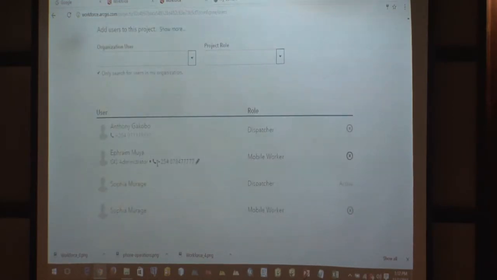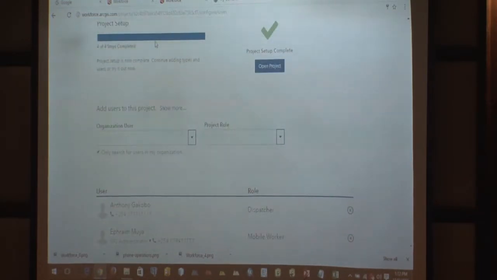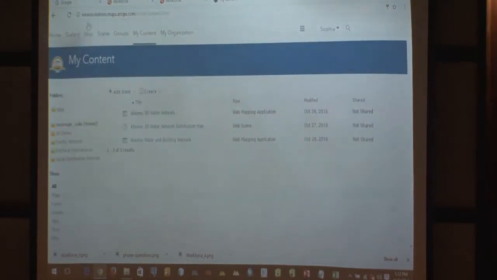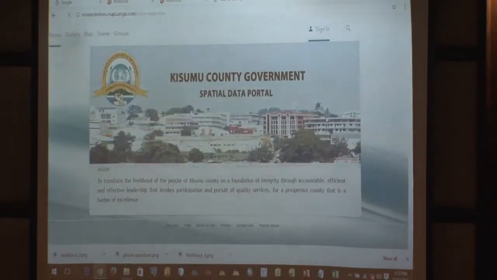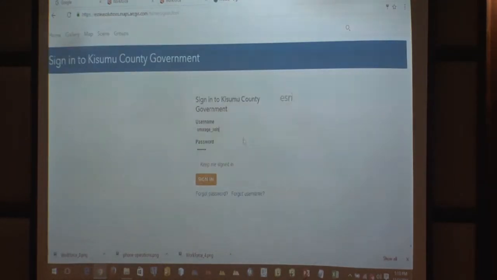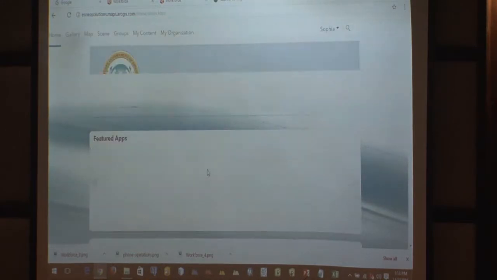Now once I've added my mobile workers, this project has been created in my ArcGIS Online account. If I move on to my ArcGIS Online account and I just refresh that, you will quickly and easily see that a number of feature services, the 3 feature services that I talked about, have been created. Oh, I see Anthony has signed in. Let me sign him out. So a number of feature services have been created. That is my mobile workers. Again, there's the dispatcher. And then also there is the